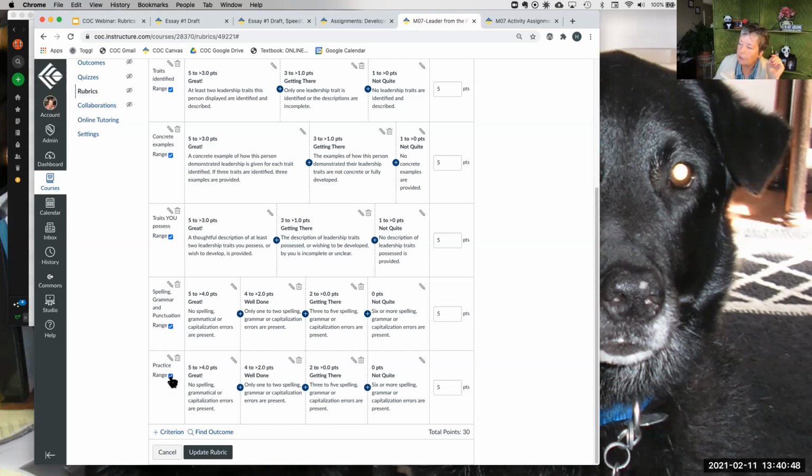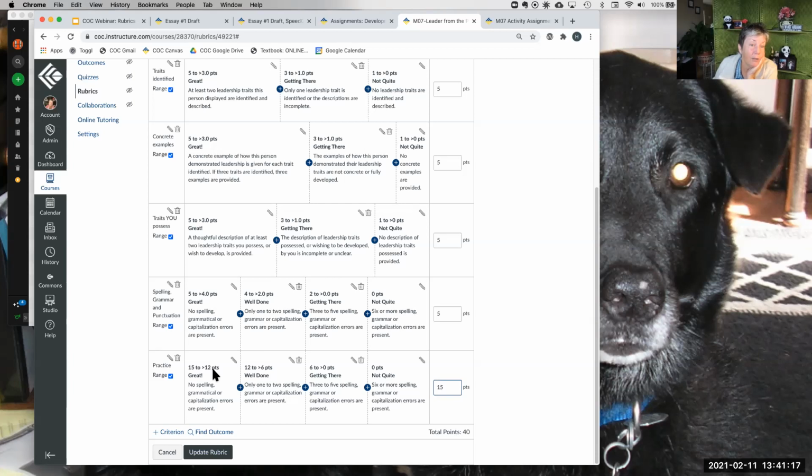If I click range, this one always throws me because it's greater than 4. So really what it's saying is 5 to 5, but it's kind of weird because it looks like it's saying 5 to 4. So anyhow, you got to kind of get used to that. But here I could say 4 to greater than 2. This one isn't a good one. Let me try 15 points. All right. So 5 to 12 is my range here.